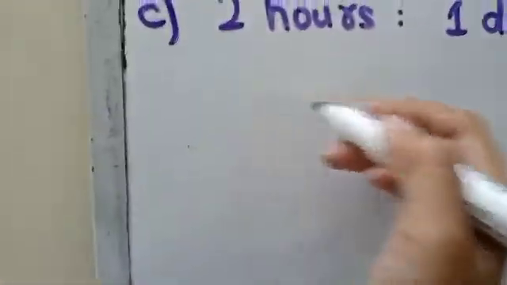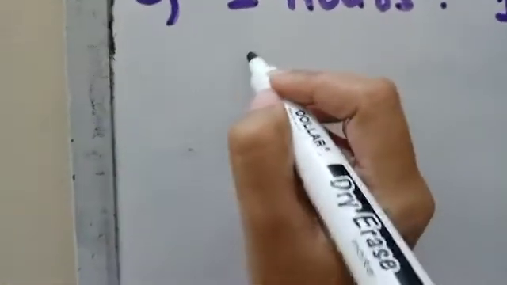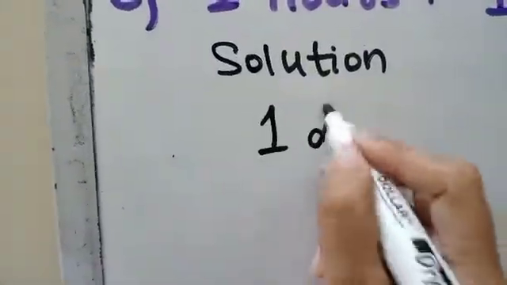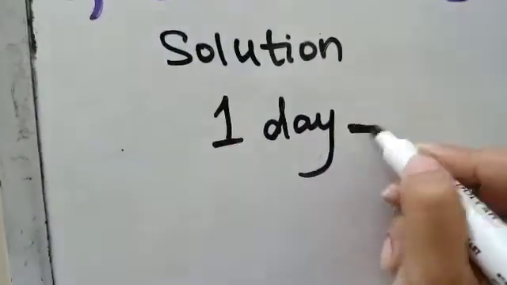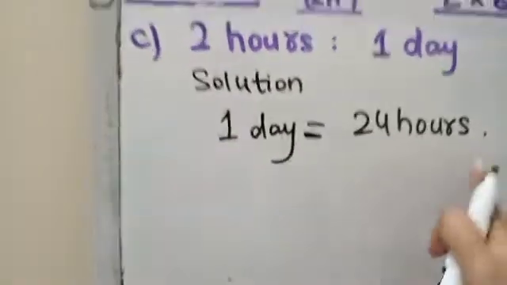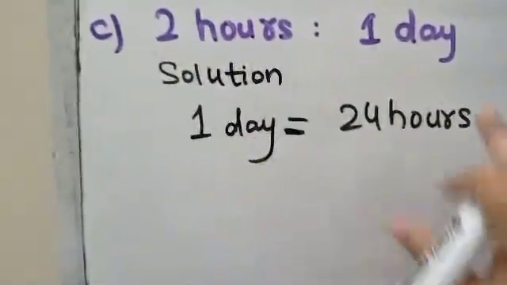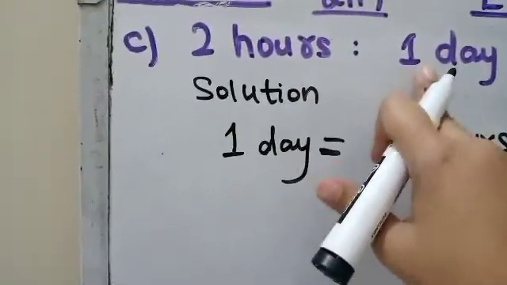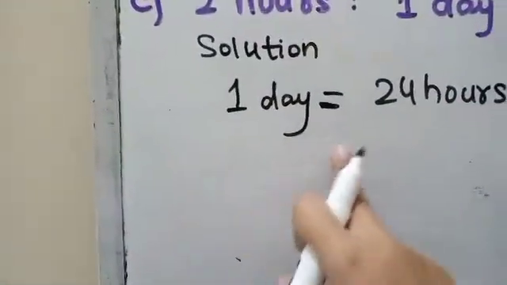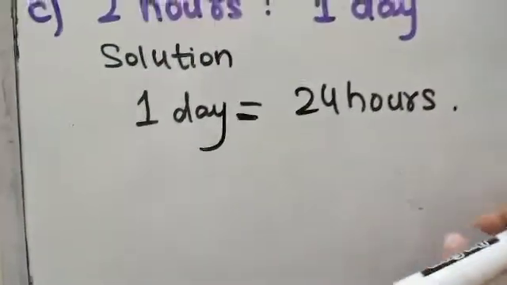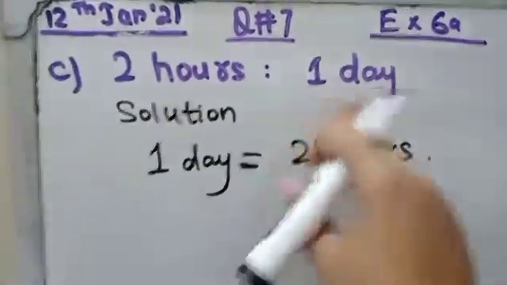So come back to it. I will write over here solution. 1 day is equal to 24 hours. Okay, now here I do not need to do any second step because already 1 day is given. If it would be 2 days, अगर यहाँ पे 2 days होता तो I would have written 2 days over here is equal to 24 multiplied by 2 और फिर hours में I would have converted. But now since only 1 day is given, I will just place the actual value.